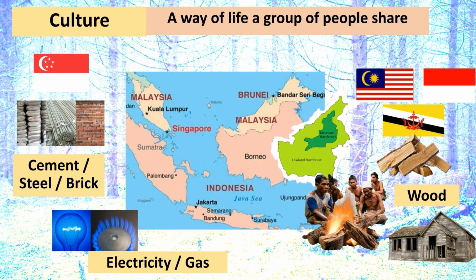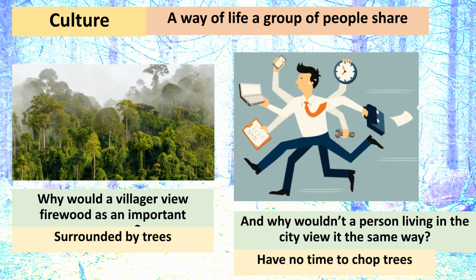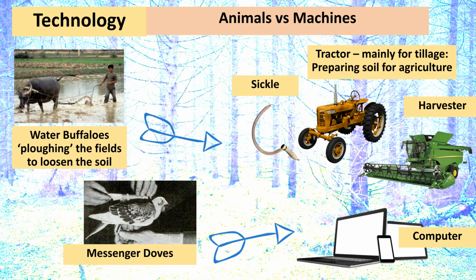Examples of resources include wood, cement, steel, brick, electricity, and gas. For a villager, firewood is an important resource, since they are surrounded by trees. A city dweller, however, might not view it the same way, as they may lack time or means to chop wood. Technology also impacts resource valuation. Consider the differences between traditional methods, such as using water buffaloes and sickles, versus modern technology like tractors, harvesters, and